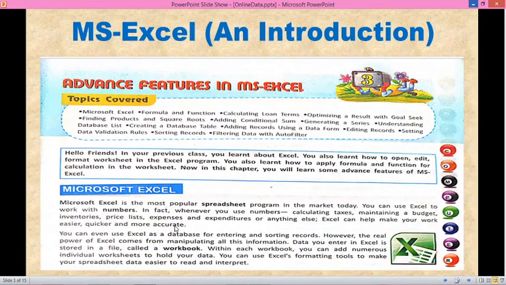First, let's have a brief introduction related to the topic. Here I have used the screenshot of your book in which they have provided a comprehensive explanation that is given here. Microsoft Excel is the most popular spreadsheet program in the market today. You can use Excel to work with numbers. In fact, whenever you use numbers, calculating taxes, maintaining a budget, inventories, price lists, expenses and expenditures, or anything else,